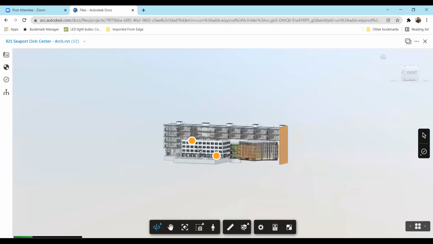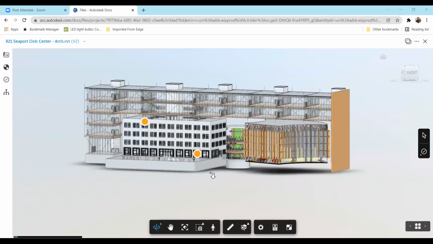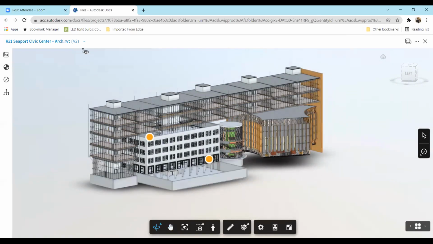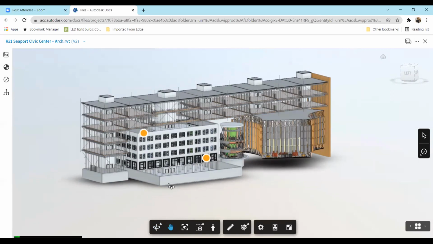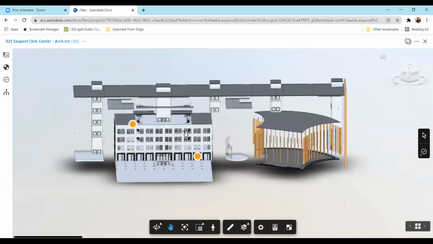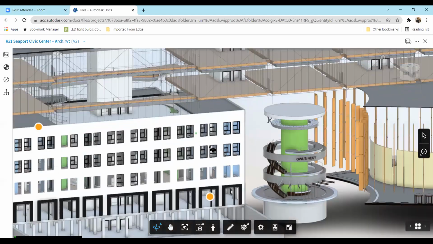So irrespective of how heavy the model is, it will by default open up and show you how it is looking over here. So this is the Revit model, which I guess Pallavi has uploaded. It is saying this is version number 2. That is, this is the second revision of that file. There may be a first revision of that file also. Plus you are able to see the model scroll in, scroll out, orbit, pan, and you are able to even see what is inside of this file as well.